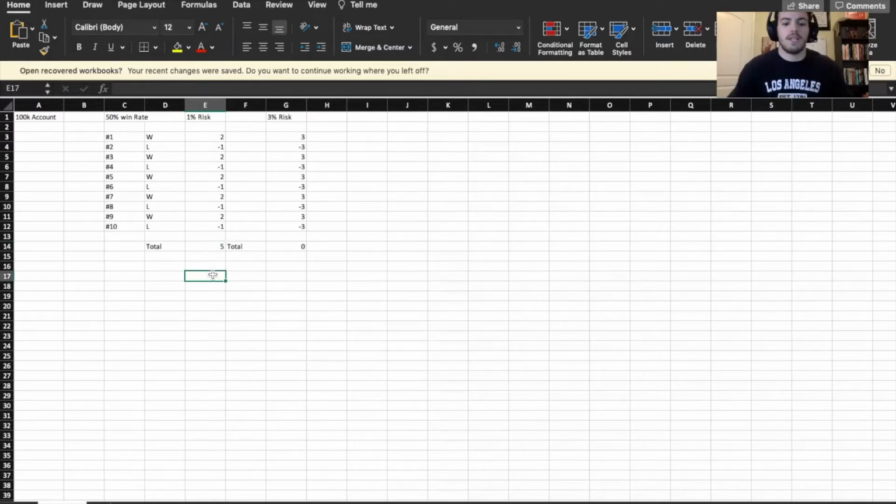So that would translate to 5,000, right? Because on a 100K account, we're risking 1%. And if we won 5 trades, that means we won 5 trades for 2, and we lost 5 trades for 1. So we're risking 1,000,